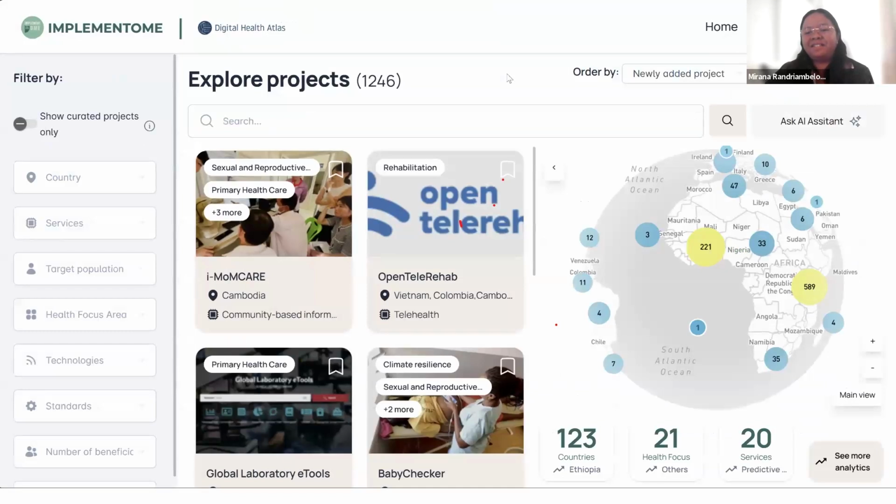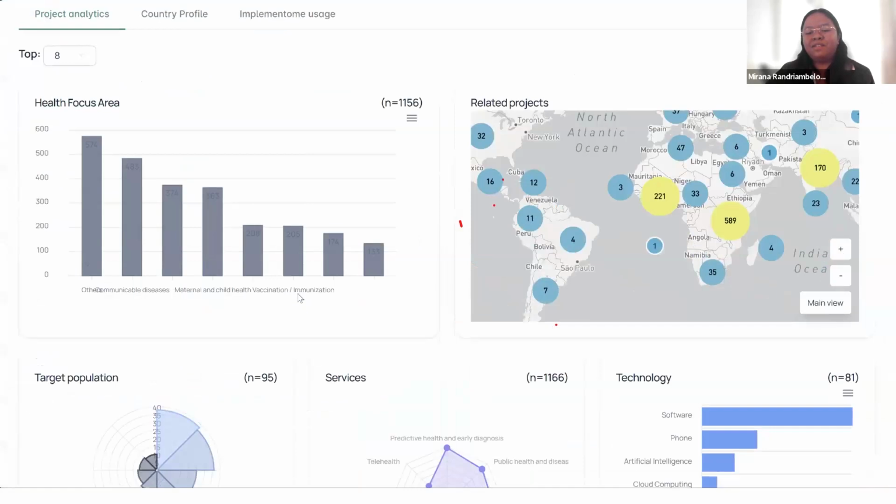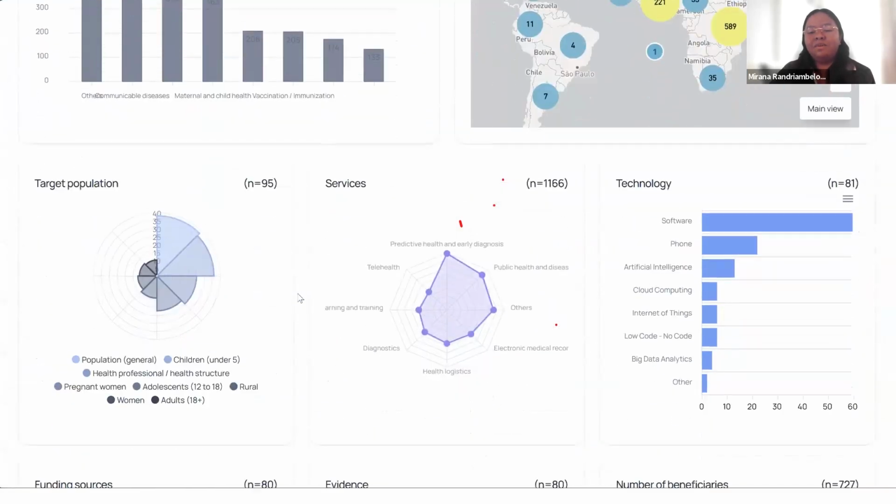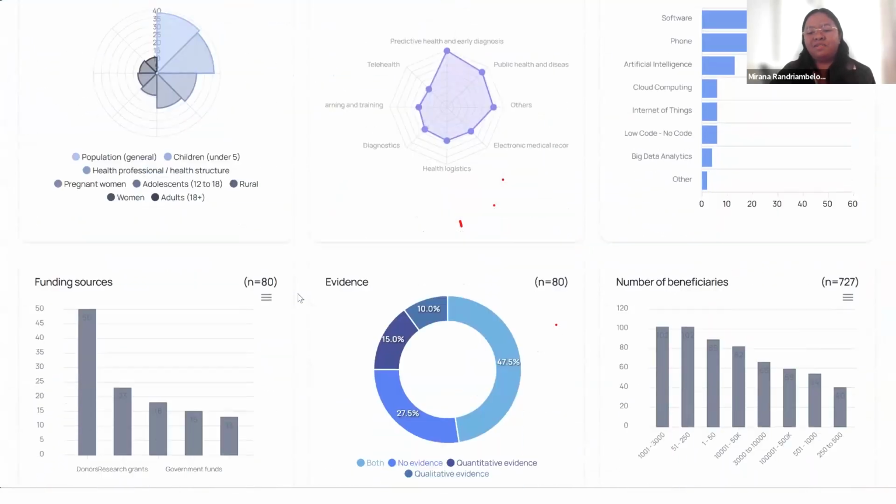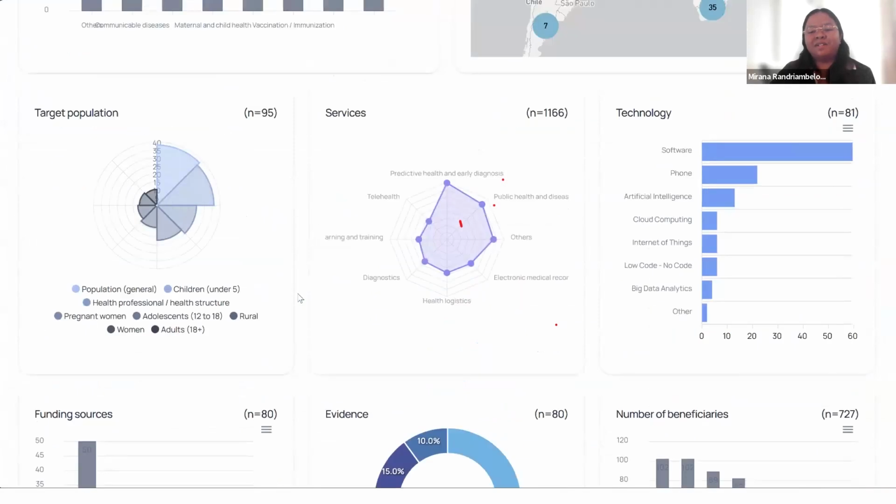This focus on accessibility is especially important as the platform continues to grow. We now have over 1,200 projects in the platform, and this number is expected to increase. To help make sense of all this data and truly support decision-making, we've developed 2 tools: the analytics and the AI assistant. The analytics go beyond individual project details to offer a deeper understanding of trends, patterns, and connections